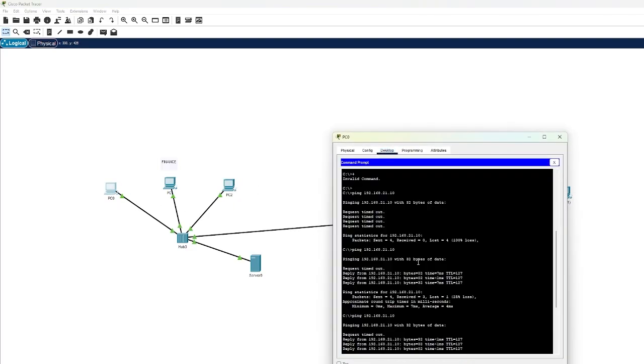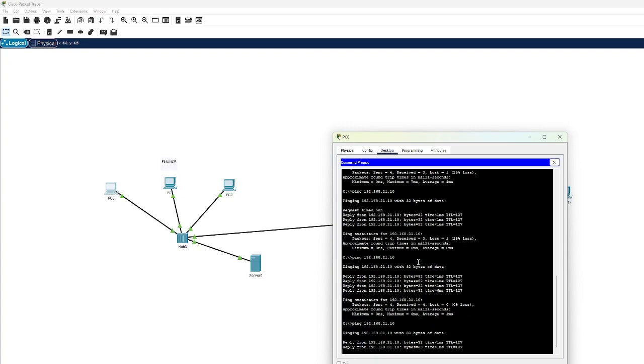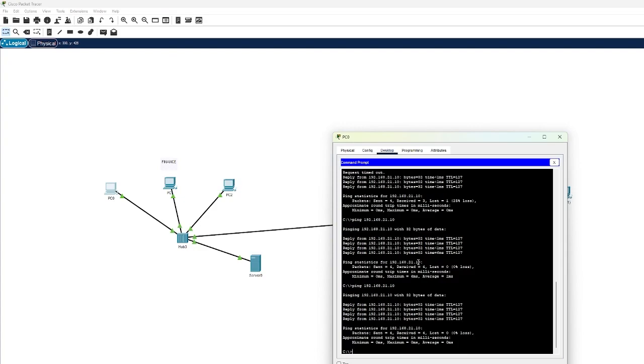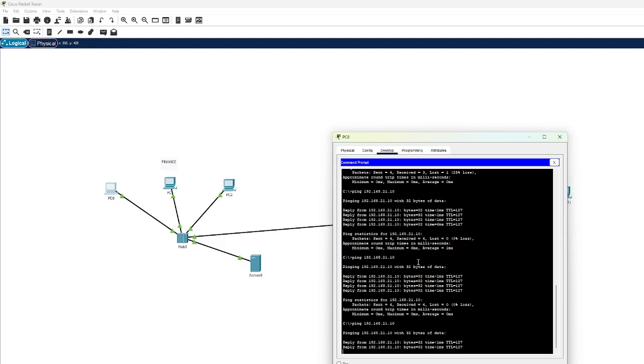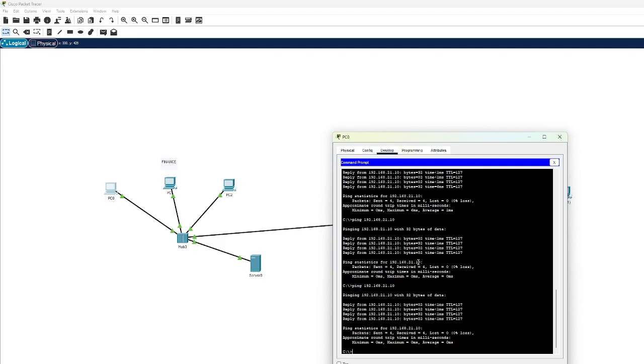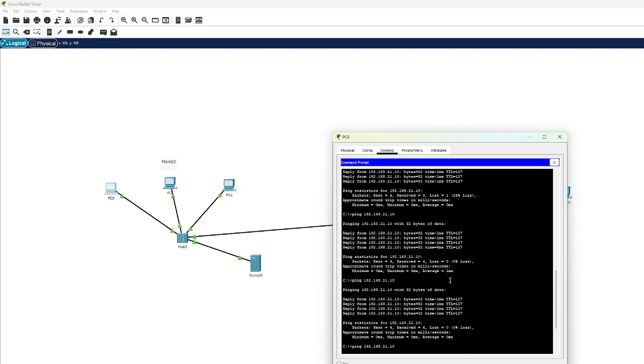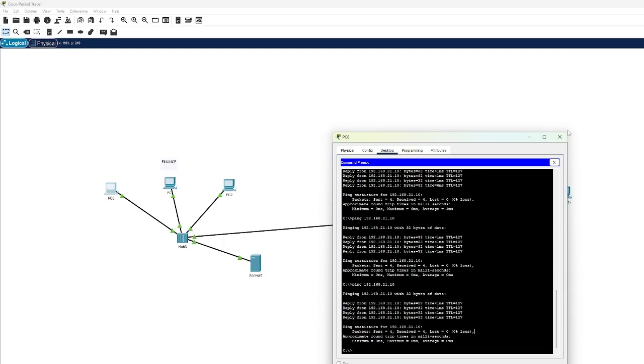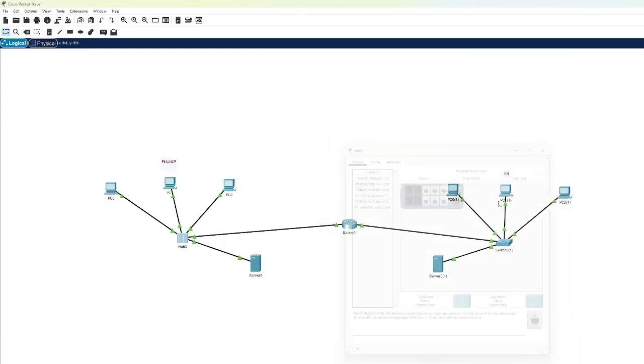Let's connect again. As you can see, we get a reply. And as you can see, there's not really a big difference. I was actually expecting the loss to go a bit bigger. The time is the same as with a switch. Maybe because it's just a very small network, maybe that's the reason. But overall, hubs are much slower than